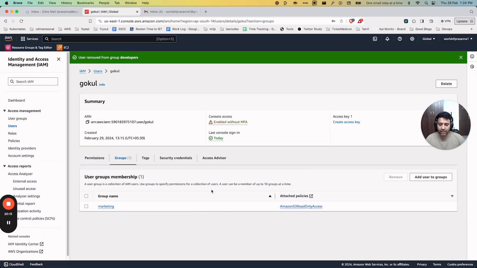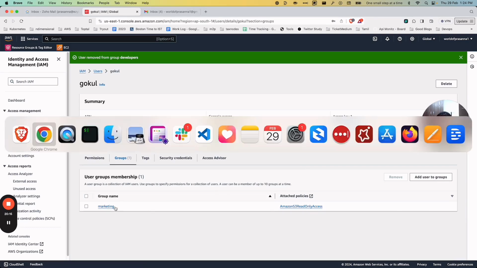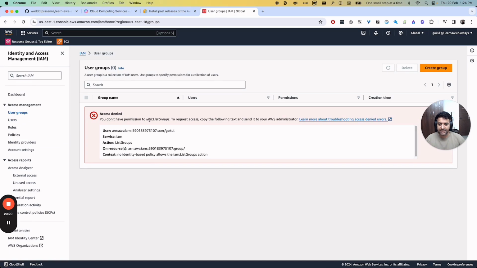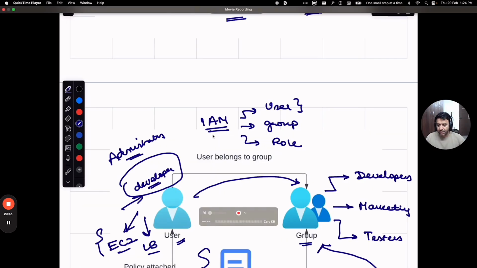Okay, so now he only has access to marketing, which means if I go and do a refresh here, you can see the IAM list group permission is not available for this user Gokul. So I can't do this operation. So this is a catch. We can create a custom IAM policy document, or we can use an AWS managed policy and attach it to a user or a group so that proper authorization will happen there. Okay, great. So we'll go to the next topic now,